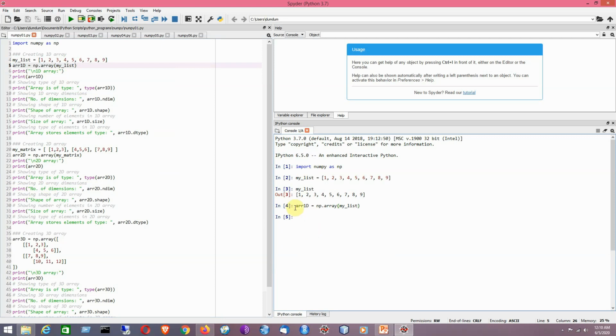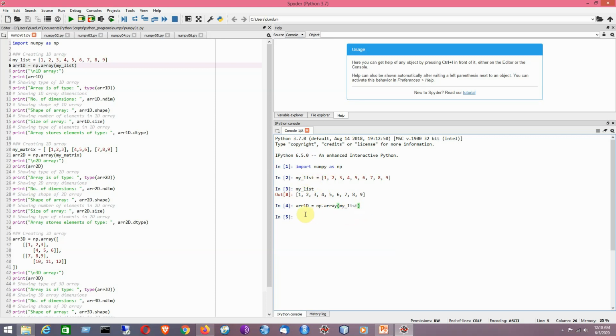So here the name of the array that I am going to create is arr1d, that is a variable name. By using np.array, np is the module name, array is the class name within which I have passed the name of the list that I have created just now.